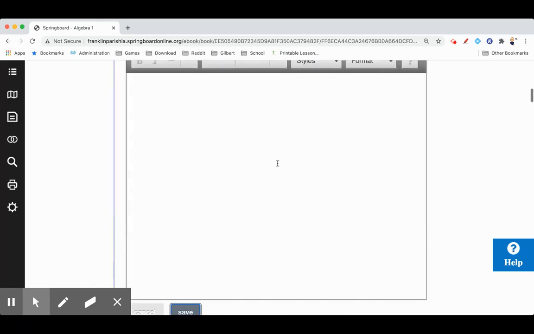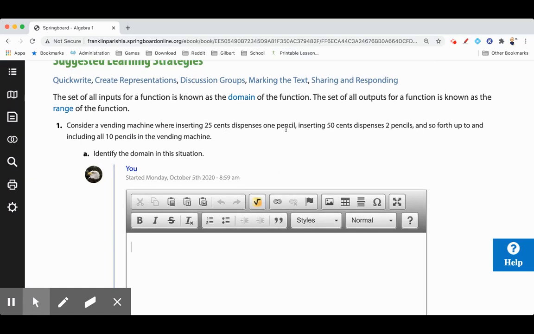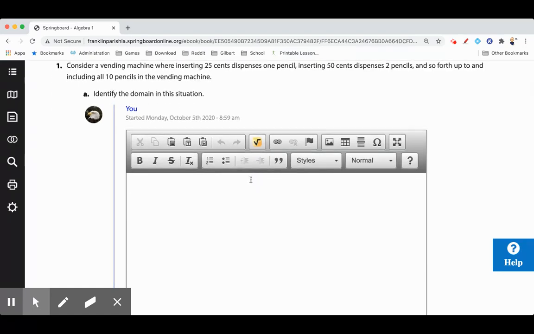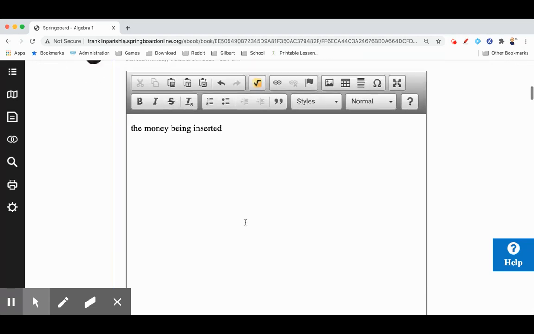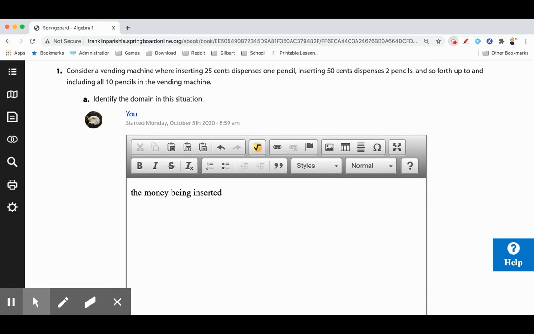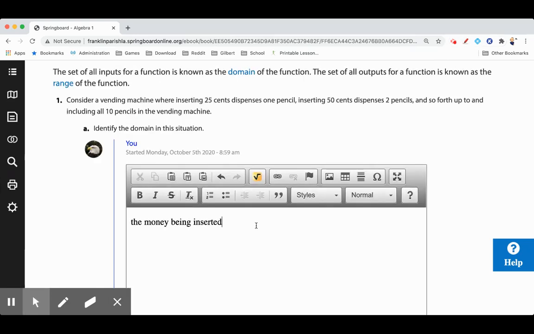Well, remember, domain is the input. Okay, so what we put in is how much money we give. So the domain is the money being inserted. So for this problem, the money that's being inserted is going to be 0.25, and then 0.50, and then 0.75,